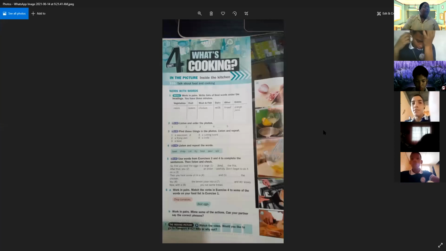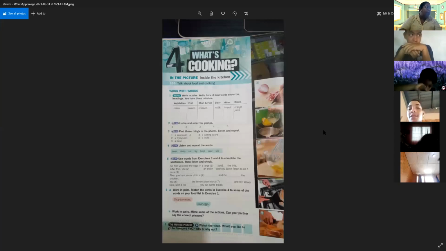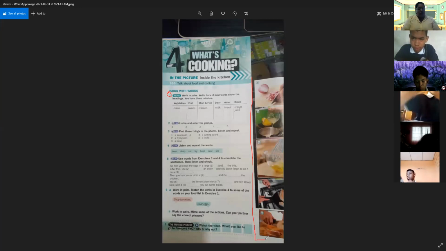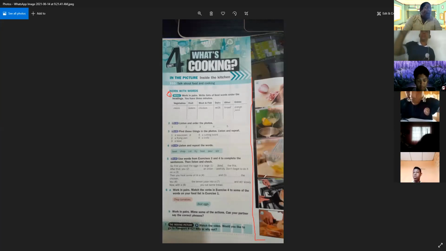We're going to work here on page 42, Unit 4, What's cooking. Okay, we're going to work on part number 1. We have some pictures of food here. Tenemos algunas figuras de alimentos en el lado derecho de la página, ¿verdad? We have an onion, we have orange juice, we have bread, and